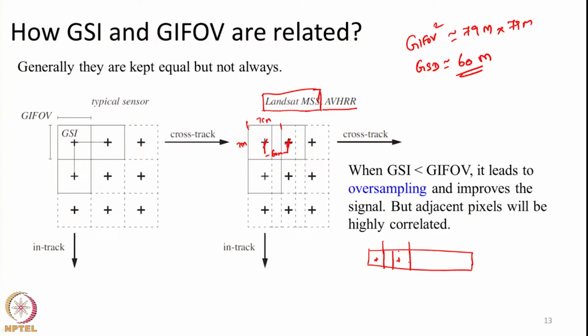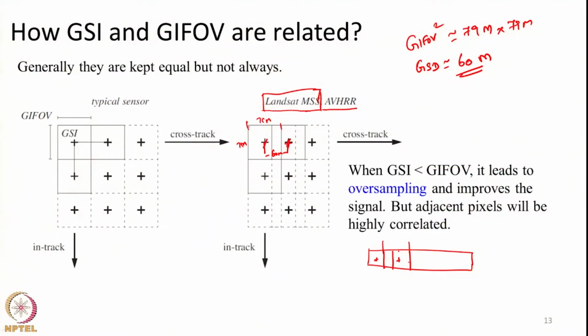So, what the sensor did is oversampling. The GIFOV, the energy, was averaged over a much larger area, but the sampling occurred at a much shorter distance, 60 meter by 60 meter. So, each pixel was 60 meter by 60 meter in size, but the GIFOV was in the order of 79 meters. So, essentially the neighboring pixels,